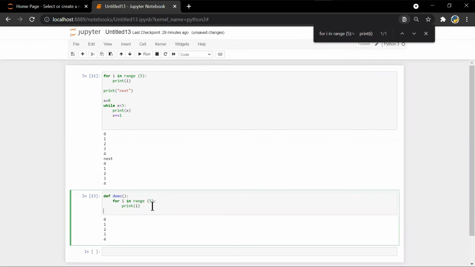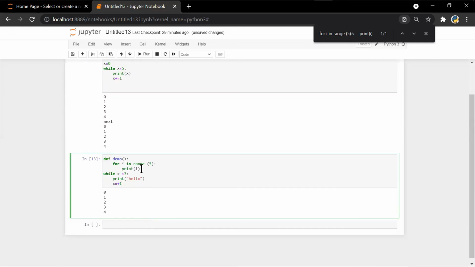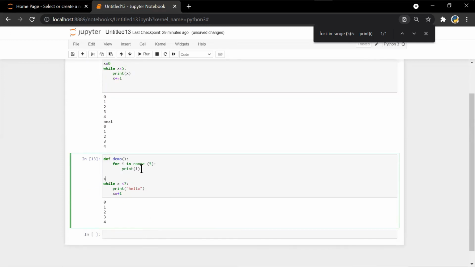So now here I go and write while x is less than 7, print hello, and x plus is equal to 1, and I give the value of x.